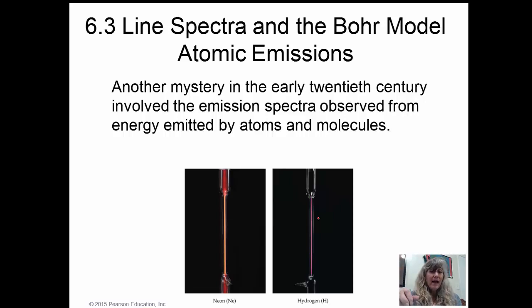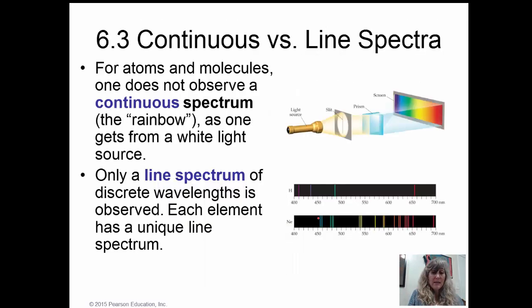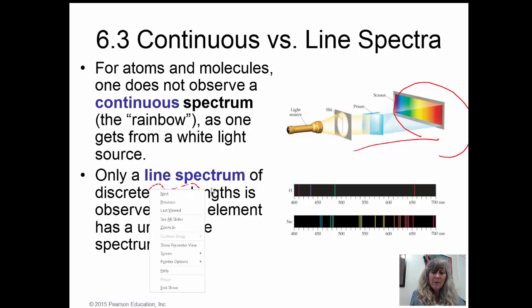Bohr told us that in the 20th century, when we start to look at individual elements, they're not emitting continuous spectrums like the sun is. Remember, if we take the sun and we put it through a prism, we get all the colors of the rainbow. Bohr said that if we just look at a single element, we're going to get